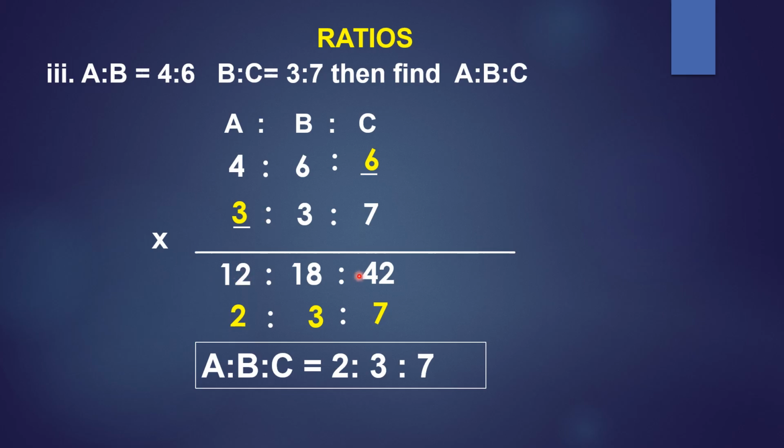See, without writing this product here itself, you can reduce it. Like 3 is there here, 3 is there here. If you take 6, it is like the multiple of 2 and 3. So here itself 3, 3 and make this 6 as 2. Again, if you observe, we will have 4, 2 and there is one more multiple in 6, 2. Means you should get that idea how to reduce it. If not, directly here you can write it like this and you can cross out and you can write the ratios. Any method which is easier for you can adopt.